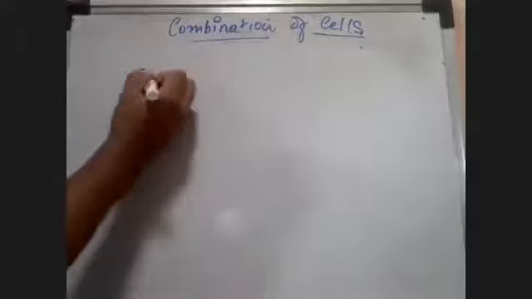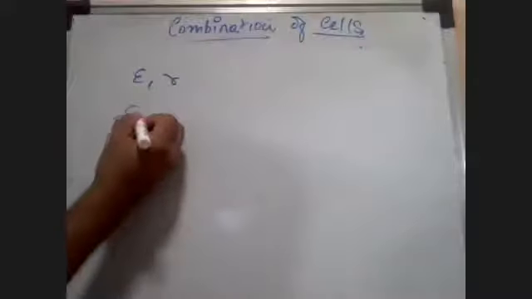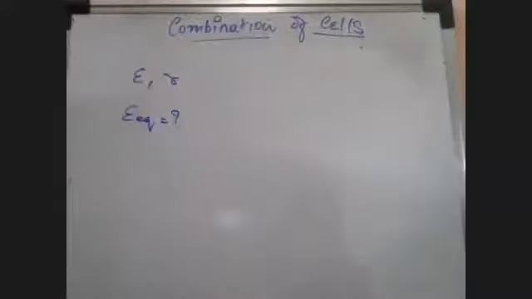Let's say that there is one circuit, and in that circuit, I am taking n number of batteries. Each battery has a potential epsilon and an internal resistance small r, just like the previous case. But I take one cell and connect its polarity the opposite way. Can you tell me what the epsilon equivalent of that circuit will be? Of course, I'm talking about series configuration here.